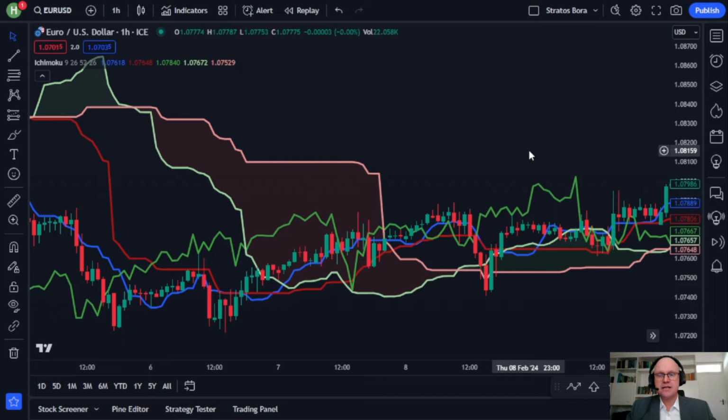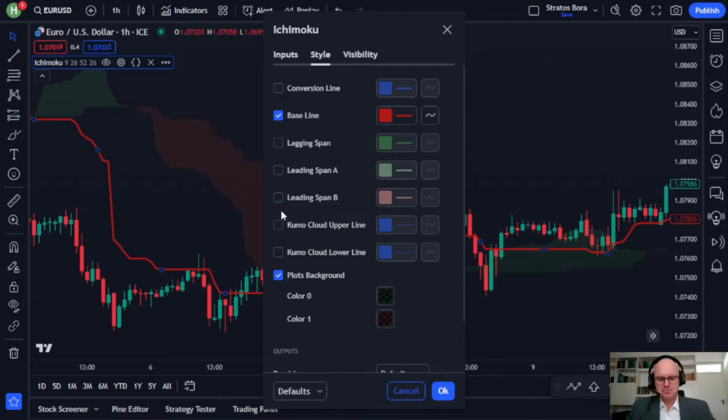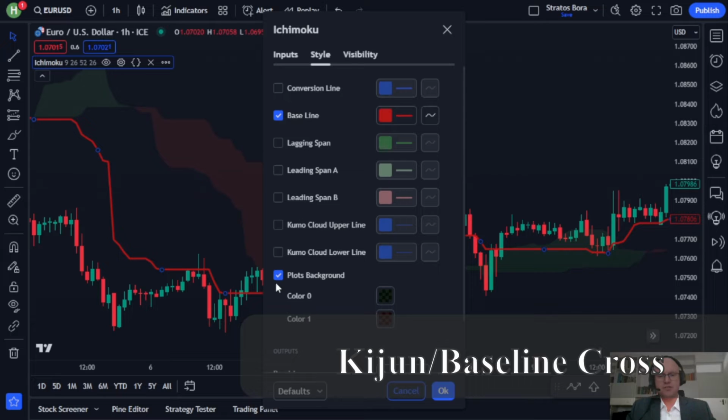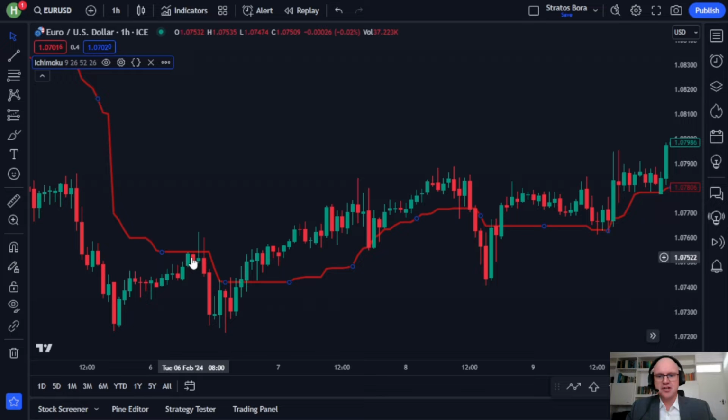So, what we'll do is let's head over to TradingView and discuss each of these strategies in detail. So, on TradingView, I've selected the euro against the US dollar on the hourly time frame. And the first trading strategy uses the Kijun cross, in other words, the baseline. This strategy is built around the idea of price action's interaction with the baseline, meaning if price action crosses above the baseline, it takes a buy trade, and the opposite is true for when price action crosses below.